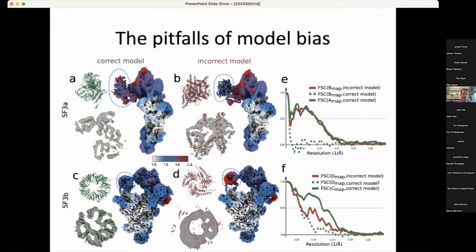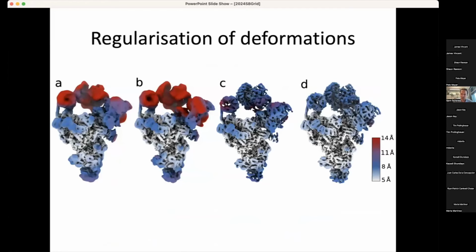So this is the SF3B domain, which is much better ordered. And again, using the atomic model gives you this map, and an incorrect model gives you this map. The same still happens, but the extent of model bias does decrease. So it will depend also on how flexible things are and what the signal-to-noise ratio is, in terms of the amount of model bias. But based on these observations, we have decided not to expose this type of functionality in RELION.